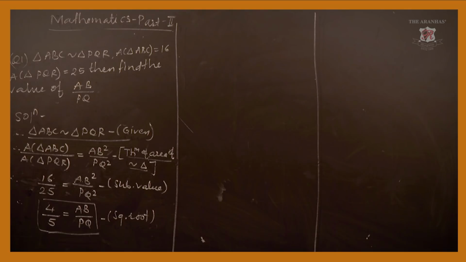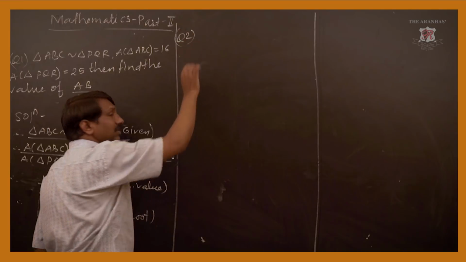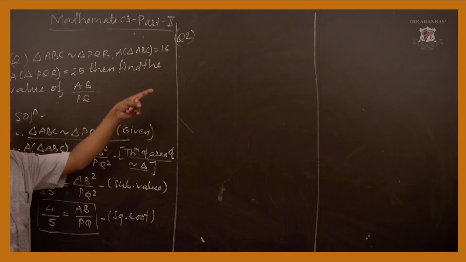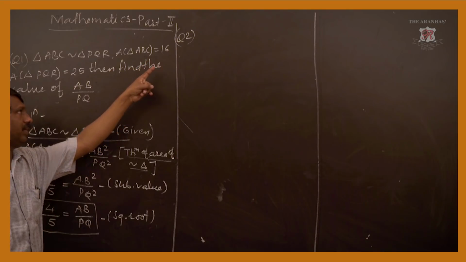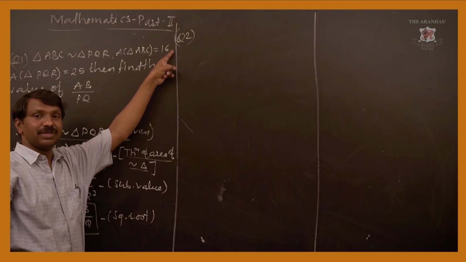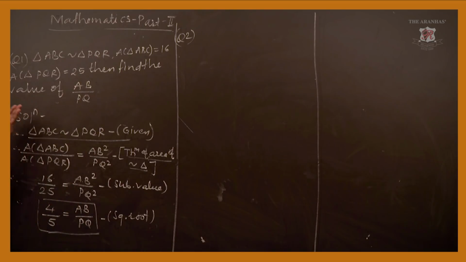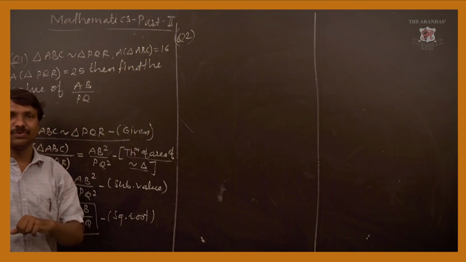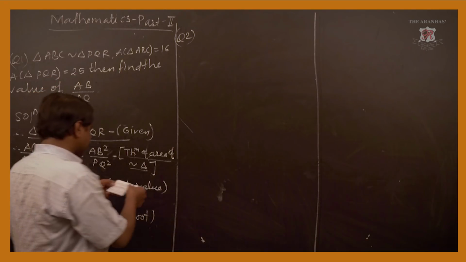After this, we will discuss the second example, in which you will see a little variety. In the previous example, the area values were given, maybe without the square unit. If it is mentioned, it is easy to understand. If the unit is not written, it means square unit, so 16 square unit and 25 square unit.